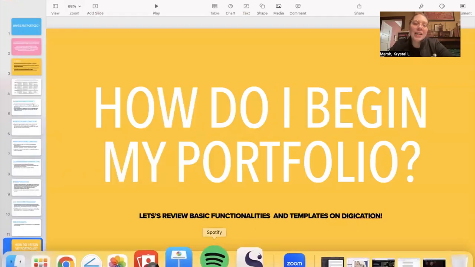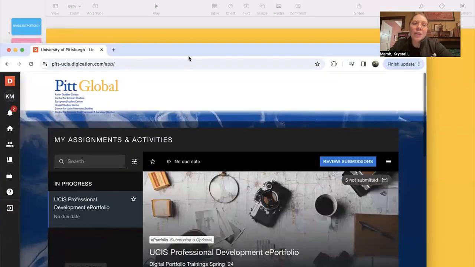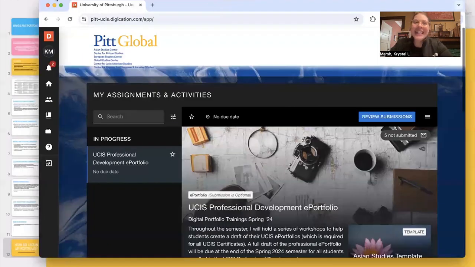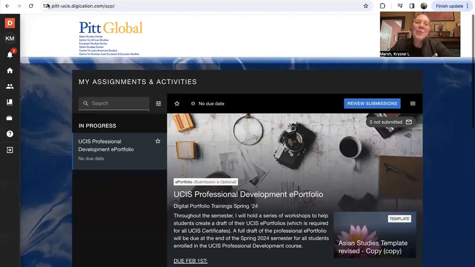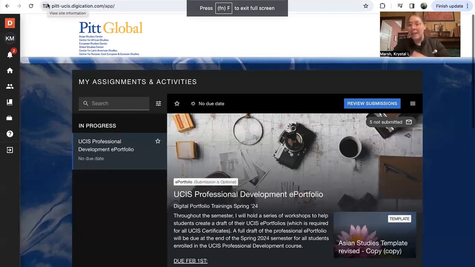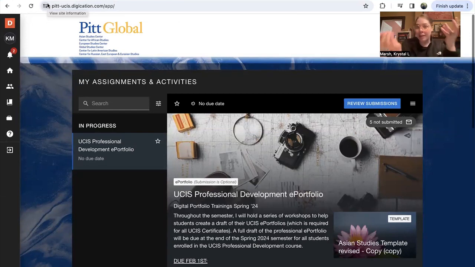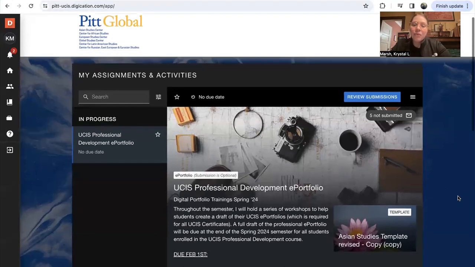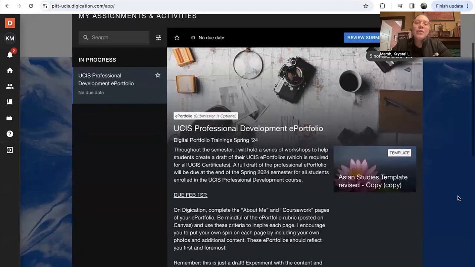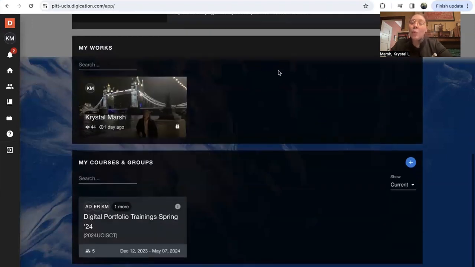So to do this, you will actually go to Digication. When you log in with your PIT username and password, your page will look a little something like this. So this is the home page for Digication. You will see any portfolio or class that you have in progress, along with My Works, which is where